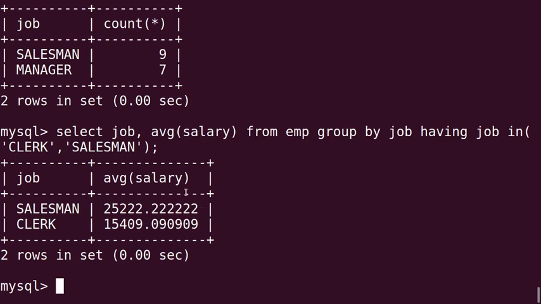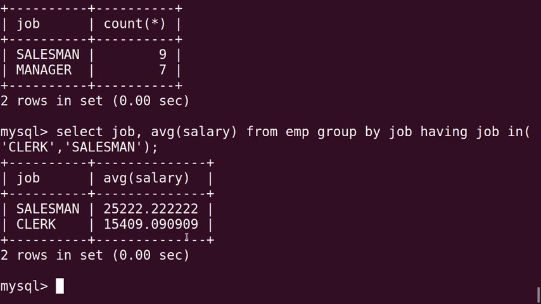Select job, average salary from EMP, group by job, having job in clerk, salesman. Here for all the salesman the average salary is 25,222.22, and for all the clerks it is 15,409.09, as we have seen.